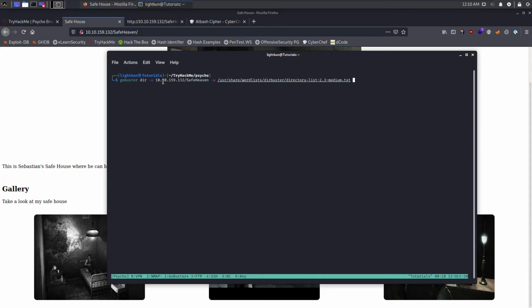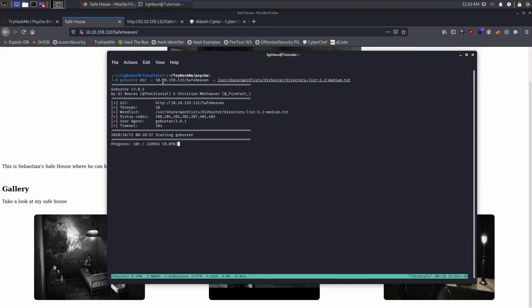I always use the directory list 2.3 medium text because for some reason it is a bigger list of words, so you have a better chance of actually hitting or enumerating any files or directories inside the safe haven directory that we're trying to enumerate. So just hit enter,